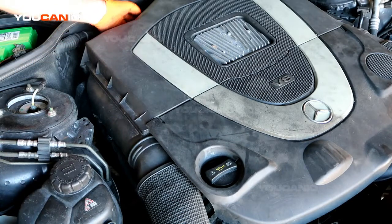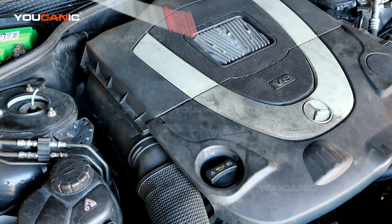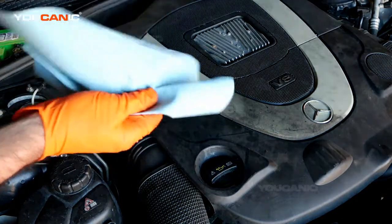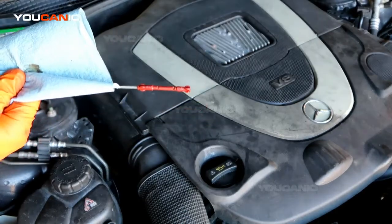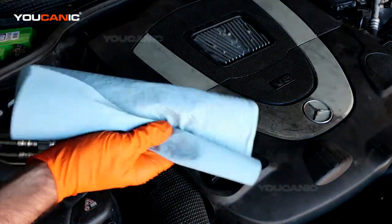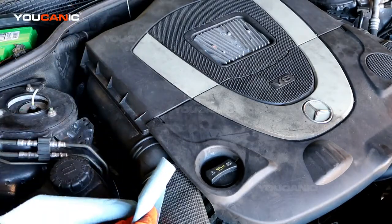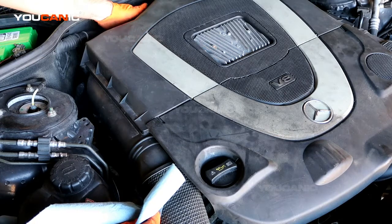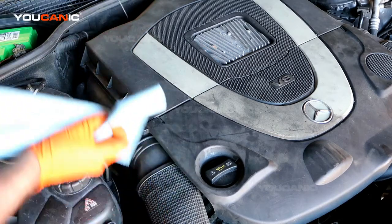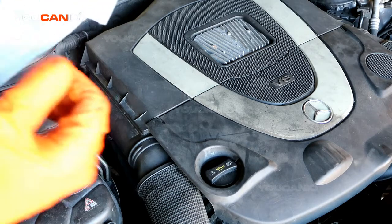So to check the engine oil, we've got a dipstick right back here at the back. It's pretty long, it goes down and wraps around and goes in on that other side. But first you would pull the dipstick out, clean it off, and then you'll put it back in. Right? And then you're going to pull it back out and you're going to check where the oil is on